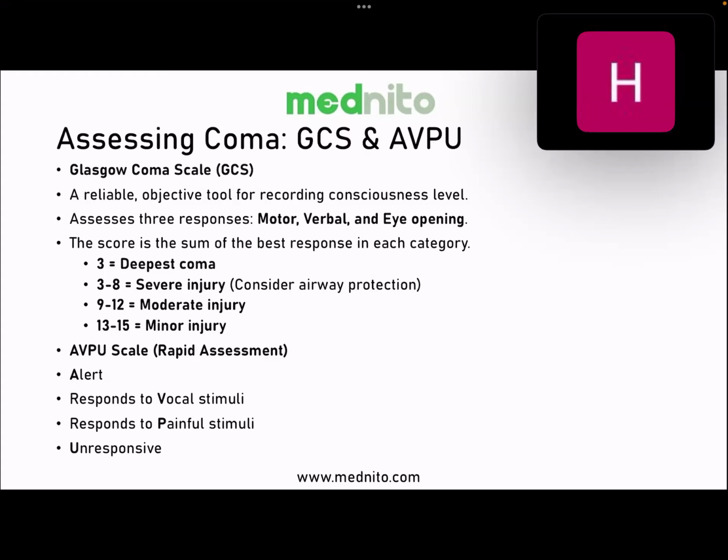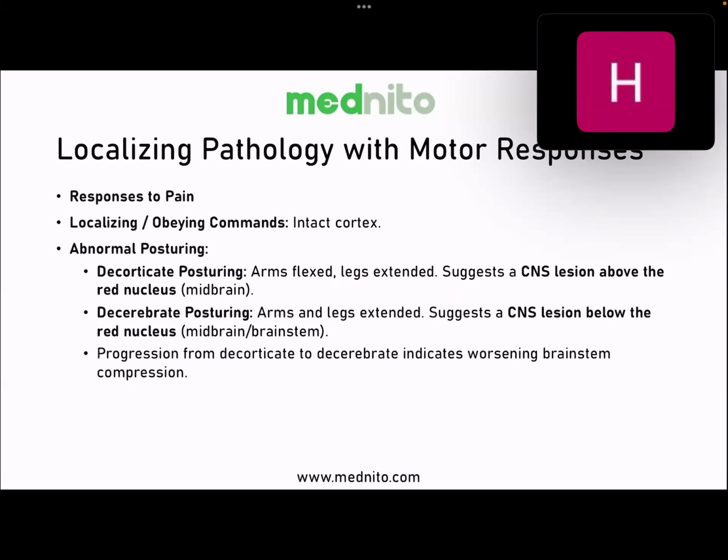All right, but the examiner wants you to be proactive before seeking help. So that is the option when the examiner wants you to tell that airway protection needs to be done in patients who have got decreased GCS or a patient who is going into coma. This is one thing you will have to remember.